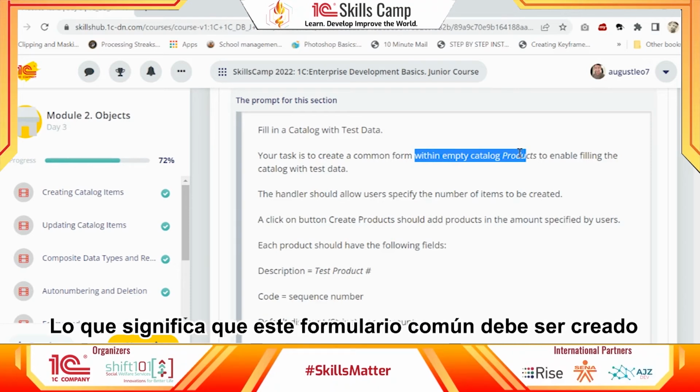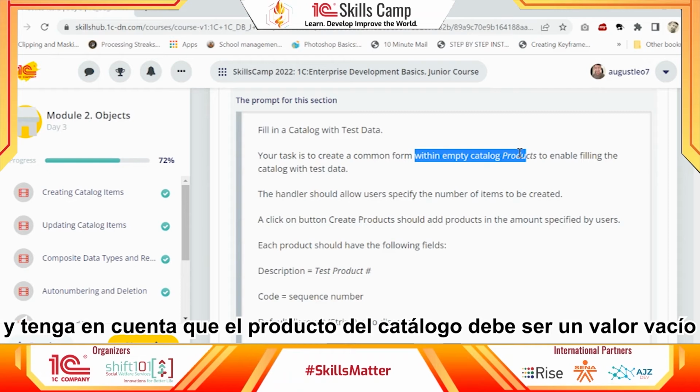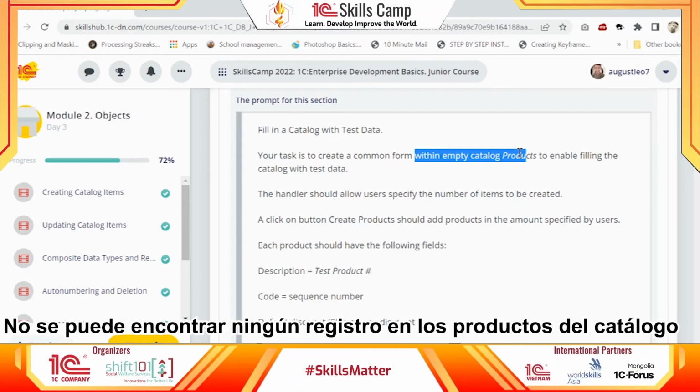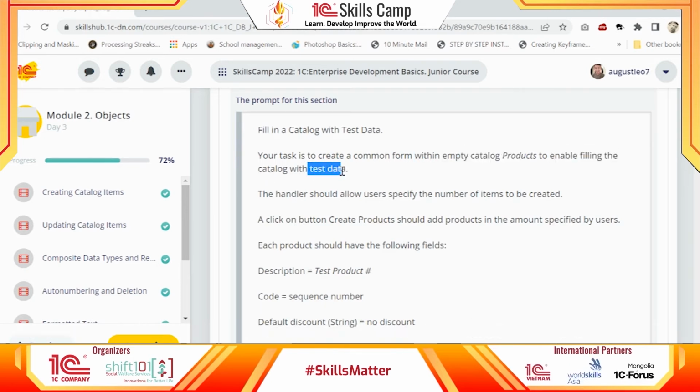Meaning this common form should be created within the catalog products. And take note that the catalog products must be an empty value. So no records can be found in catalog products